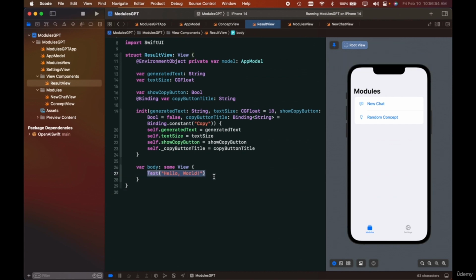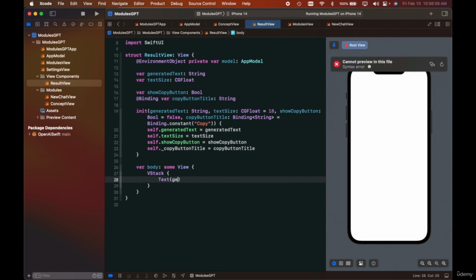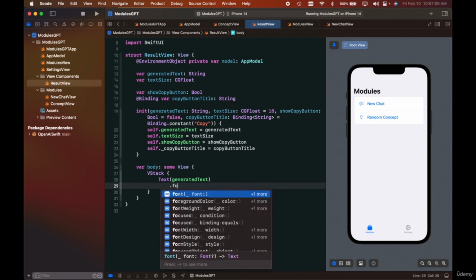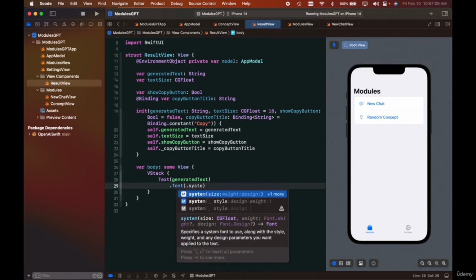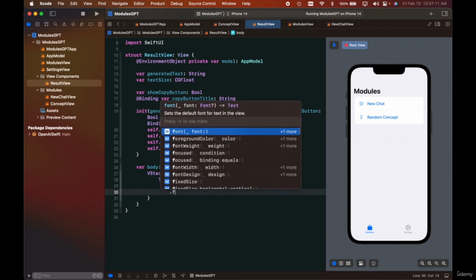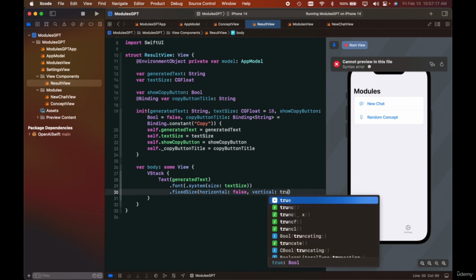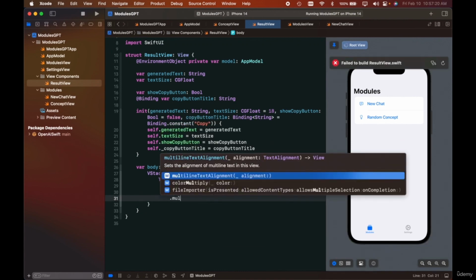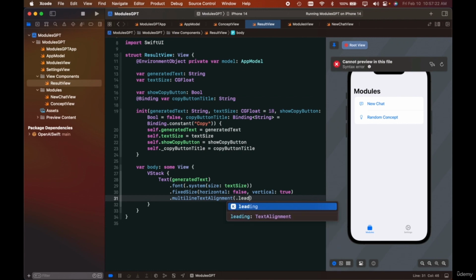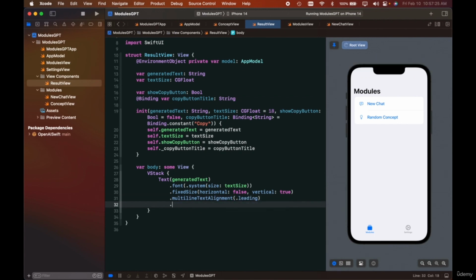Inside the body, let's create a VStack, and inside the VStack, let's create a Text object of generatedText. Let's set the font to .system with a size of textSize. Let's make it a fixed size, horizontal false and vertical true. Let's create the multiline text alignment of .leading. And let's create a context menu, which will allow us to copy. So we'll set UIPasteboard.general.string equal to generatedText